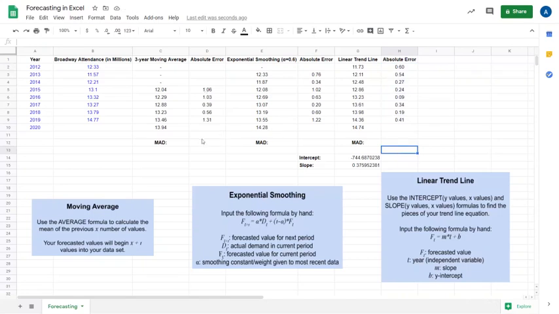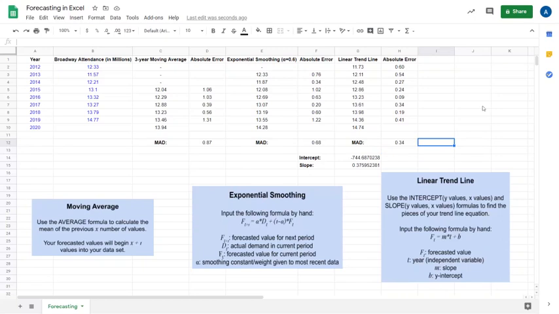Fabulous. So now that I have absolute error, right, I can find my mean absolute deviation. All we're doing is taking the average of those absolute errors. So I'm just going to take the average of each of these. Simple enough. It looks a little bit different on each column because we have a different amount of values. All right. So, as you can see, we have a MAD of 0.87, 0.68, and 0.34 for each of these